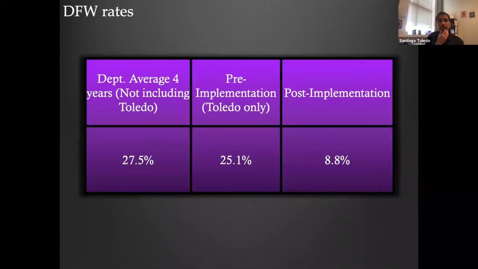let me see. Sorry. My DFW rates, also anecdotally again, and this has been consistent for the semesters that I've used this, plummeted initially in general chemistry, but my numbers tend to be fairly low compared to averages in the department. Students tend to stick around to succeed in the class.